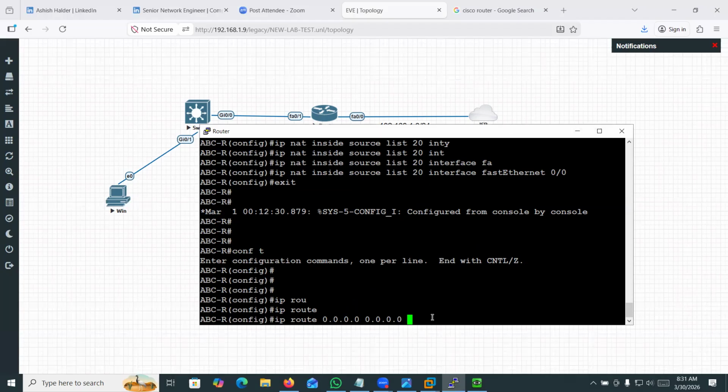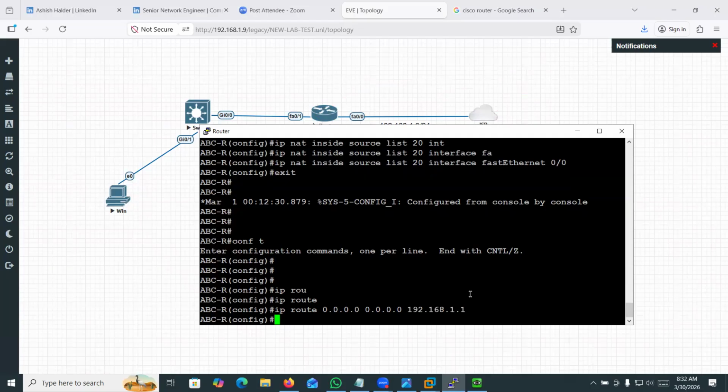And I need to type here the next hop gateway. So for this router, the ISP router is my next hop, my immediate neighbor when going outside. Okay. So now I need to mention the IP address of that device. I already know this is my home network, and here I am using the IP 192.168.1.1, right? So I will type 192.168.1.1. This is my final task.